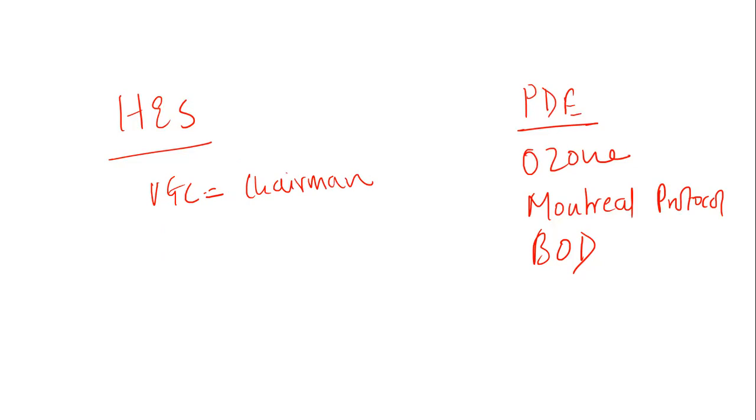Commissions like the Radhakrishnan Commission have been coming up, the Hunter Commission has been coming up. So you need to revise these commissions also very well, the years also very well, the bodies also very well. As I said, the acronyms have been used. So all these things should be very well practiced properly.